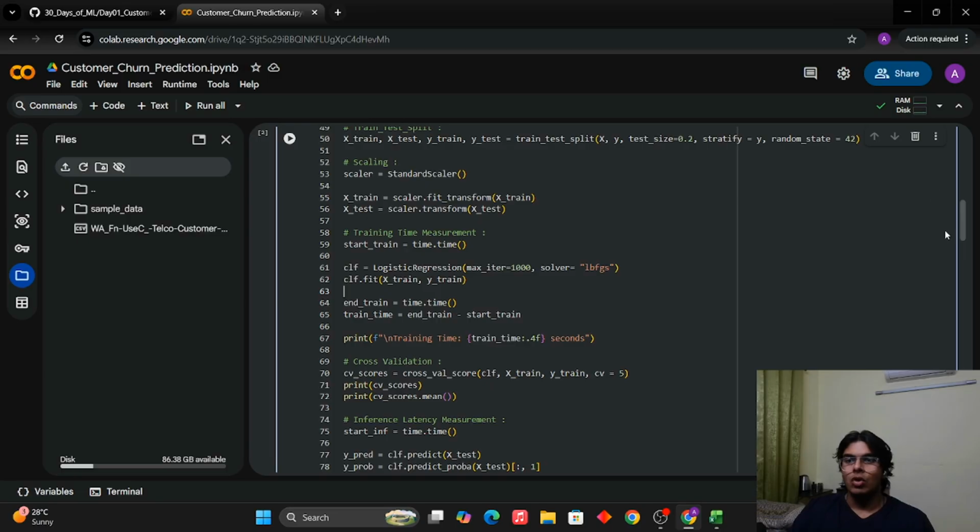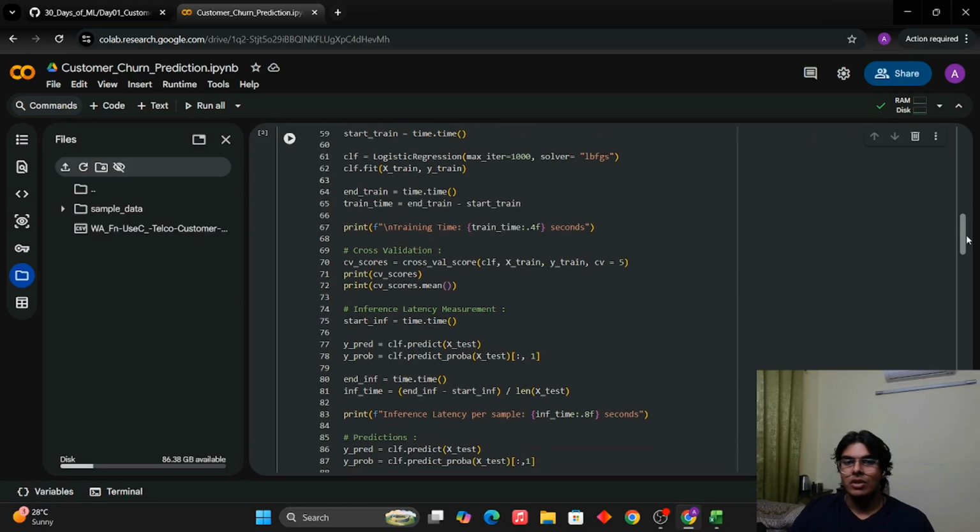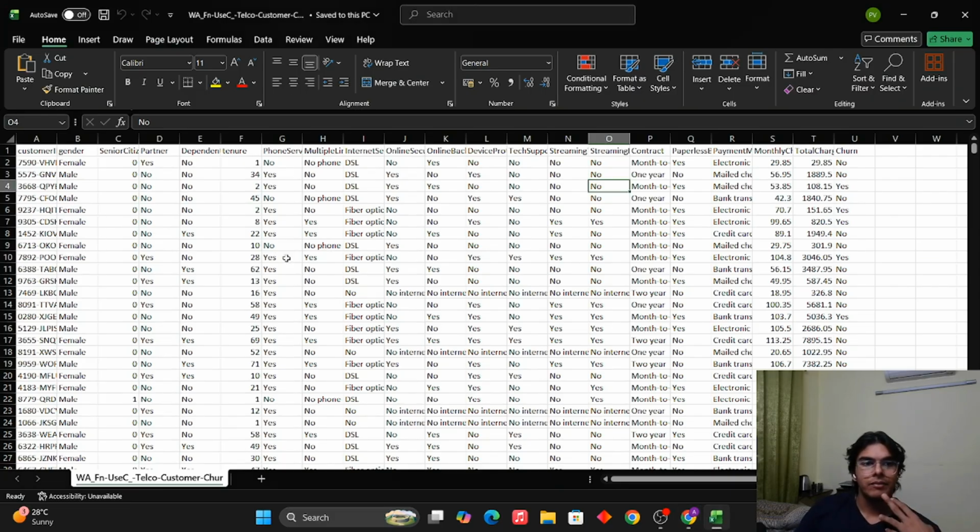All right, so again, one more small optimization. This is important: cross validation, again, is a pretty well-known concept. We have got an 80-20 split, but the model can choose 80% from anywhere in the entire data set. Let me show you what I mean. So this is the data set. Now it has got 4,000-something samples. So 80% would mean what? 320-something samples, right? So let's say I take the first 320 rows and the rest of them I keep as training rows. And this much I keep as testing rows.